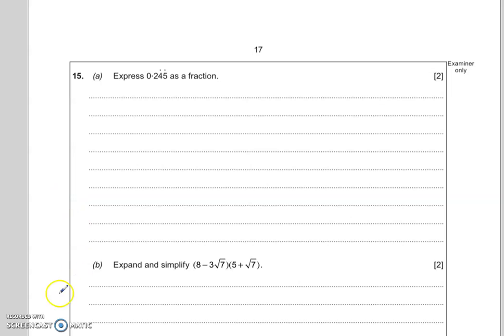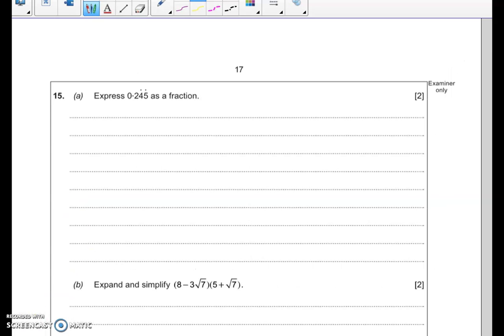Okay, question 15 next. So this is a recurring decimals question. You need to start by writing the decimal out in its long form, so that'll be 0.2454545. Only the 4 and the 5 are recurring. Then the aim is to keep going until you get two numbers which are matching after the decimal point. So 10x, times everything by 10, would be